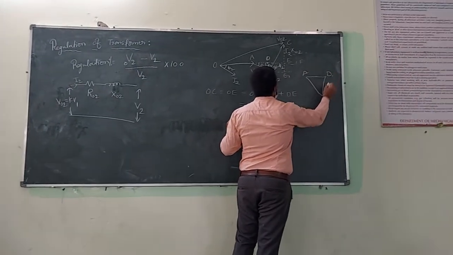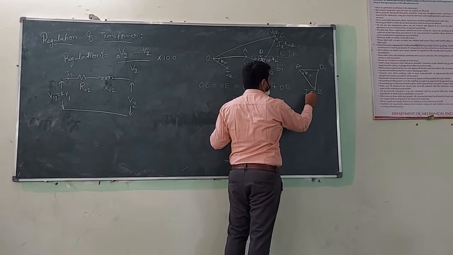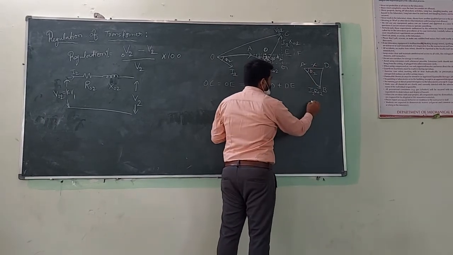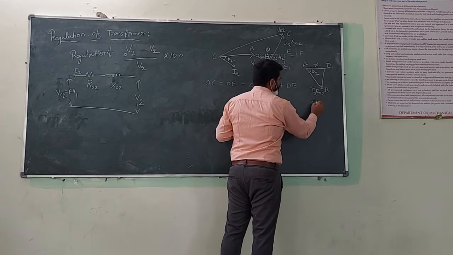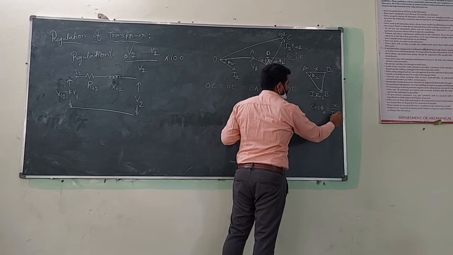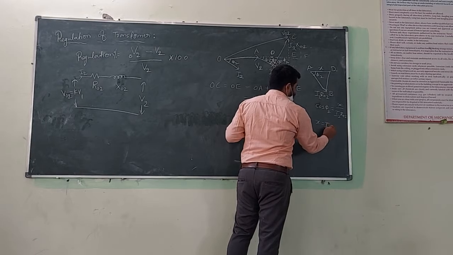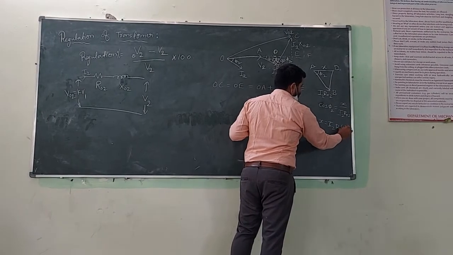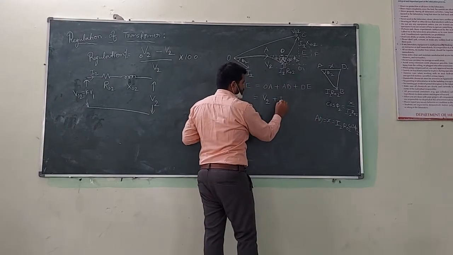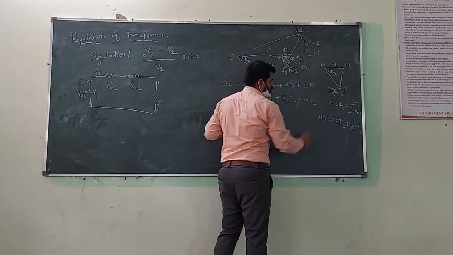A, D, and this is B. We know this is phi 2. We know this value, the hypotenuse, is I2 R02. Now can anyone tell me what is the x value? Can I write cos phi 2 is equal to adjacent by hypotenuse, R02? I want x, which is equal to I2 R02 cos phi 2. This x is nothing but AD. What AD value did we get? I2 R02 cos phi 2. Clear?